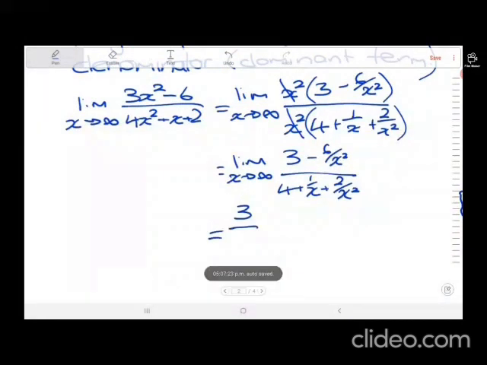And in the denominator, 1 divided by x tends to 0, 2 divided by x squared tends towards 0 as x goes to infinity, and 4 is the only thing we're left with. So this limit is equivalent to 3/4, which was not something that was obvious just from substituting x equals infinity in. So the technique we've used is to factor out this x squared, which will give us